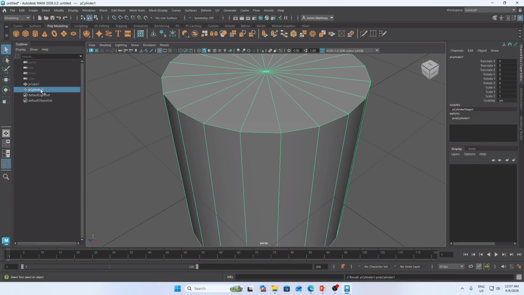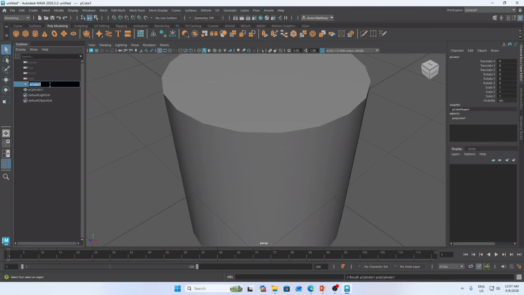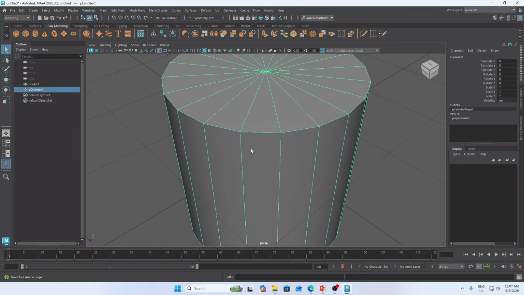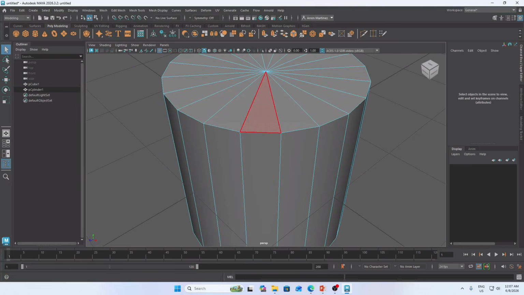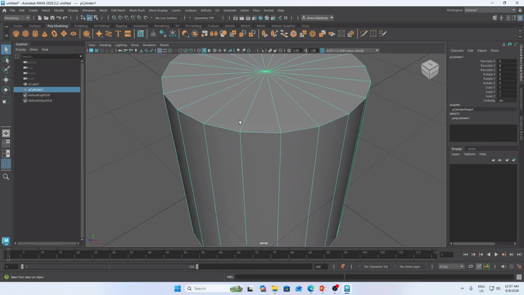You can rename this: just double click, and here you go, you can rename it based on your proper naming convention. Okay, so let me just delete.